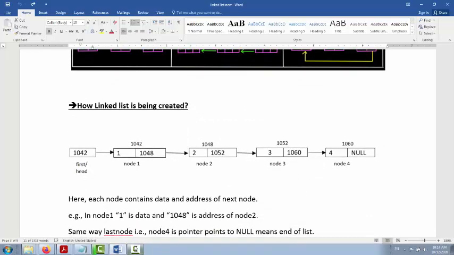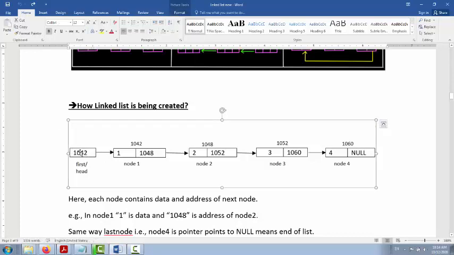Now how is a linked list created? Let us see the example, a singly linked list example. First the node, or head node, here we have the address of the head node. There is a little bit of confusion here, so let us forget this particular figure.